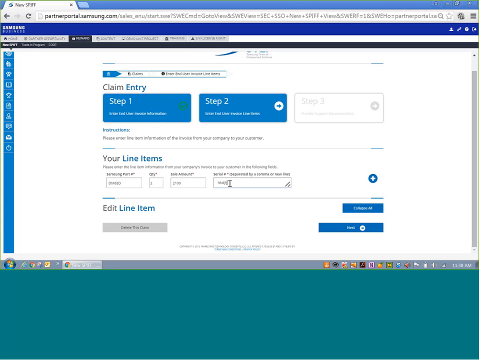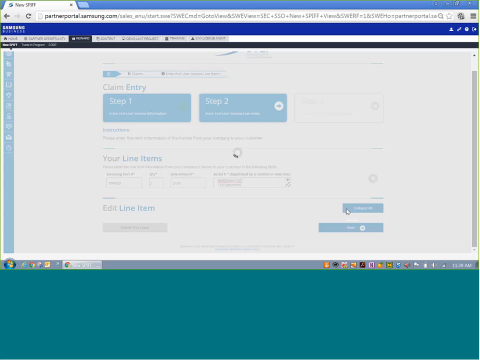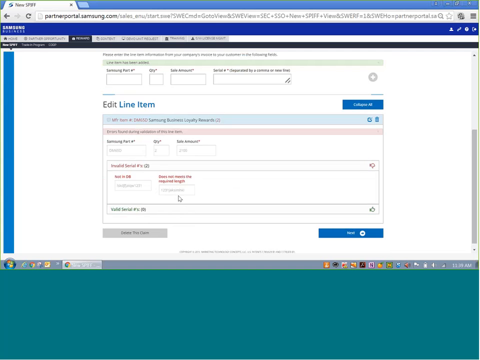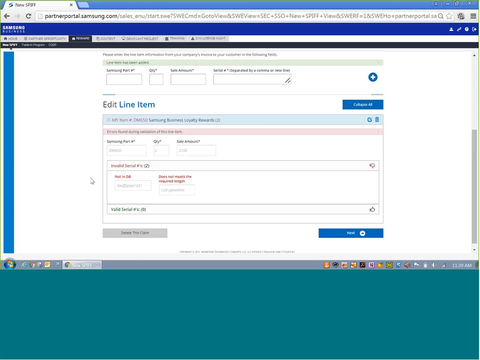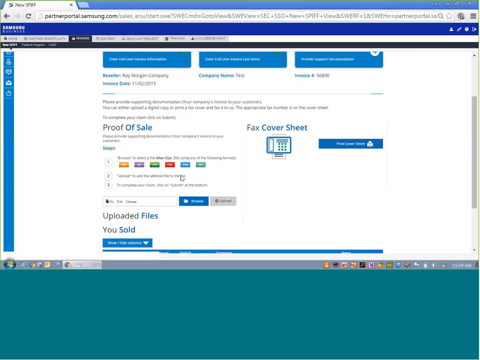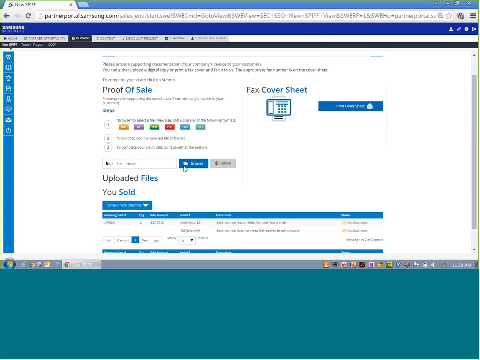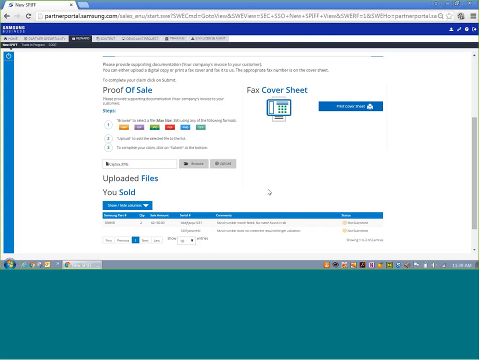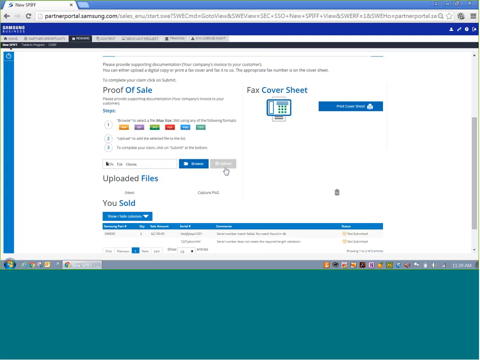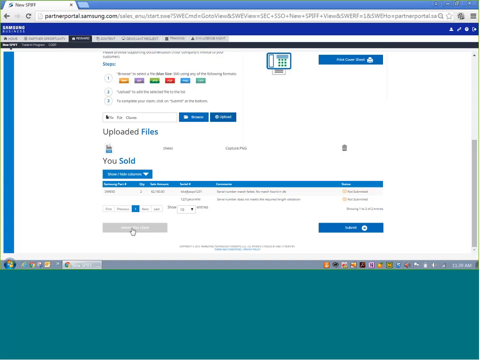I'm just going to enter a random serial number, which will most likely come up as invalid because it's completely random. And then once you've entered all of the line items, click Next. The last step would be to browse for the invoice to your end customer. Upload that invoice and submit. I'm not actually going to submit this one,